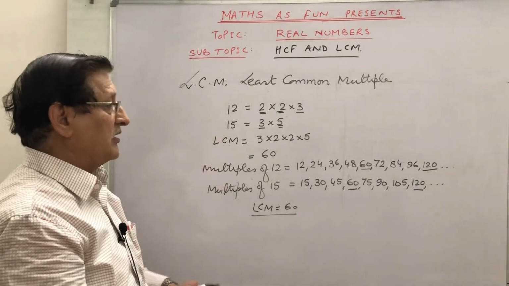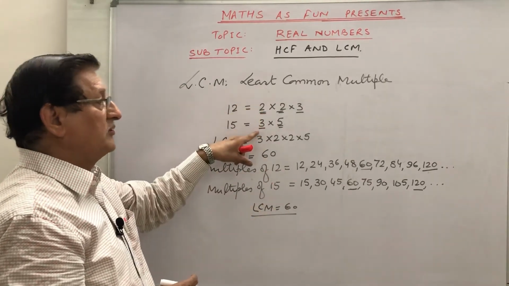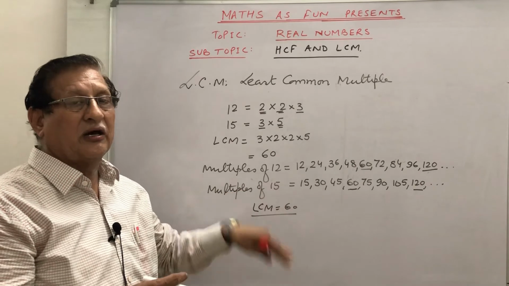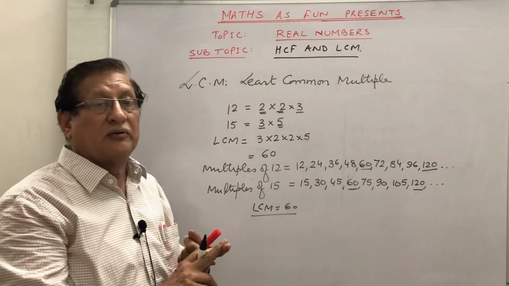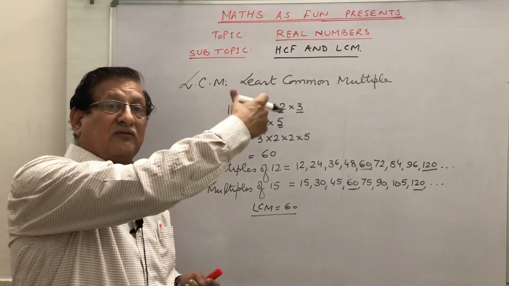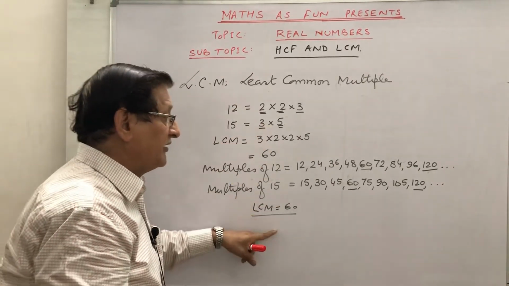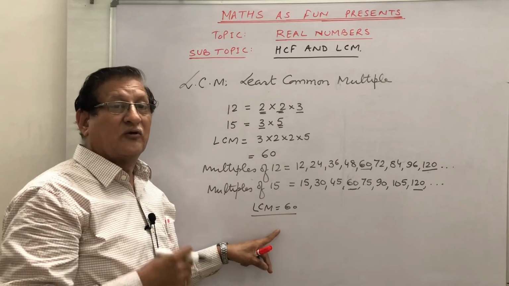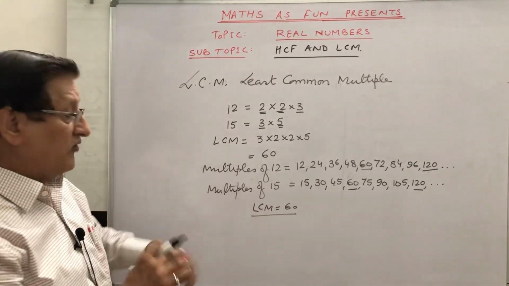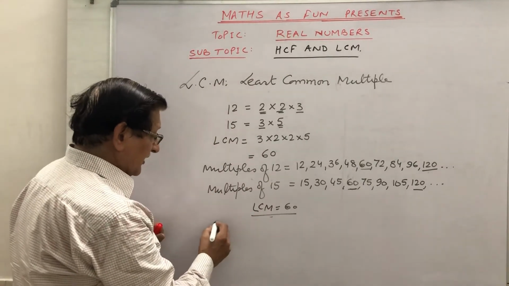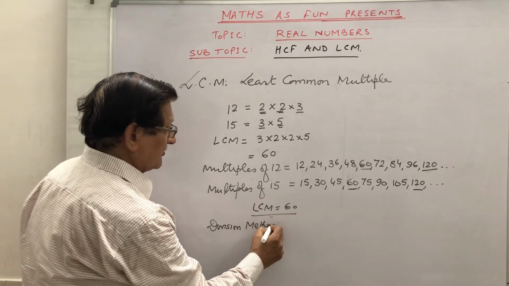And that's why we say that the number which can be divided by both the numbers or all the three numbers is known as the LCM. So see the difference between HCF and LCM. HCF was the number which could divide the given numbers, whereas LCM is the number which can be divided by the given numbers. Now you know there is one more method of finding the LCM. This is the factorization method I have taken. One more method is there. What is that known as? That we call as division method.